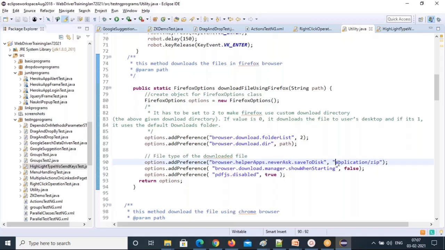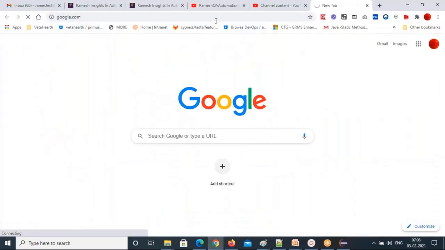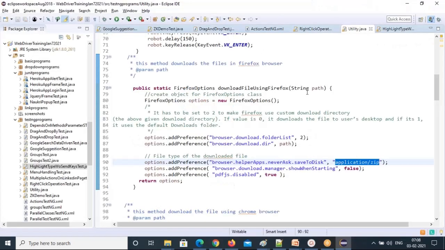But where can I get these application types? This is where the MIME types will be. For each application there are MIME types like this: application slash zip, application slash PDF, application slash doc, application slash JPEGs or image. So like this you have different kinds of MIME types. So once it opens, we'll see that.